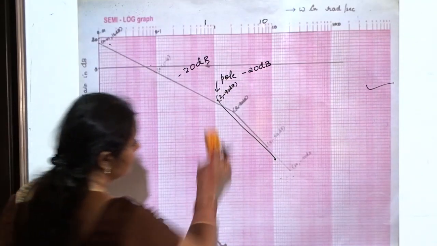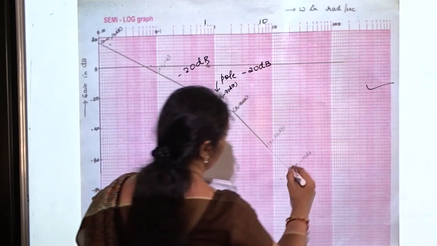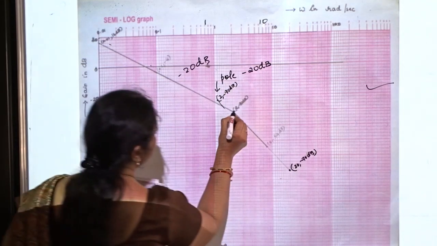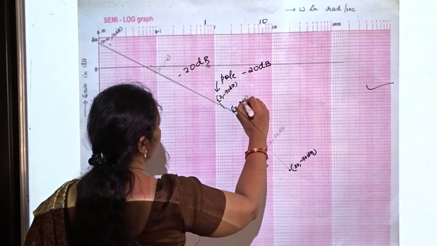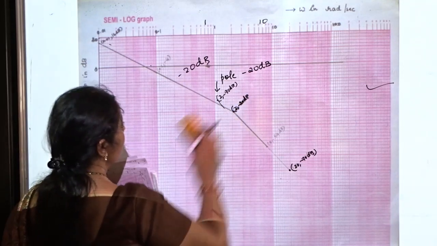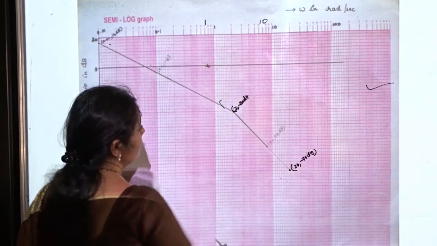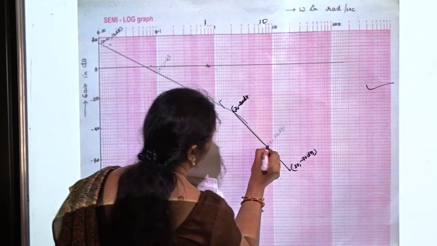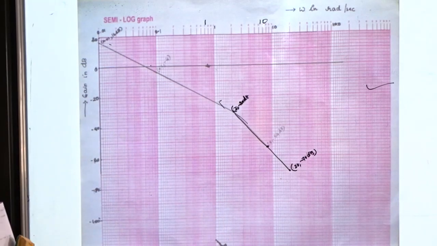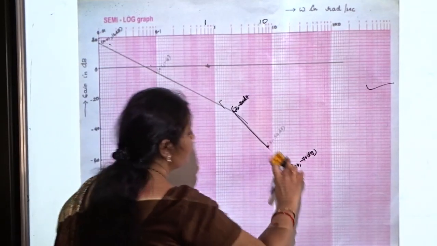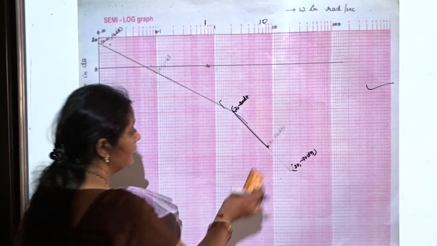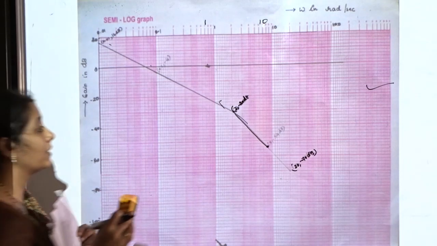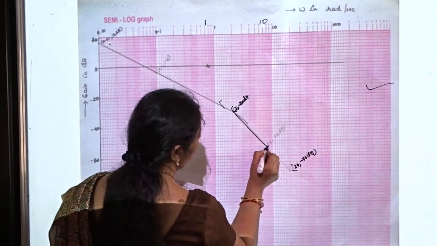See here, this point is 20 comma minus 70 dB. This is 2 comma minus 30 dB. Join these 2 points. But in doing so, you have to remember that you have a corner frequency at 8, so you have to stop. When you are drawing in pencil, you can erase this off. After you finish drawing in pencil, the final graph you can write in pen. Then erase this point, stop at 8.